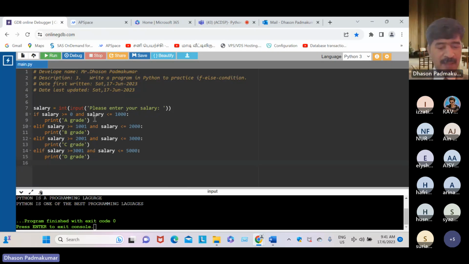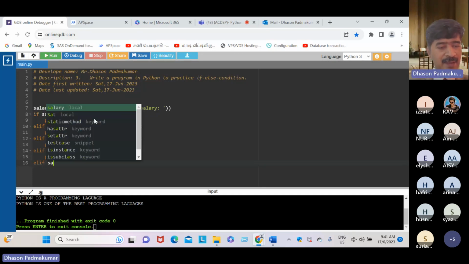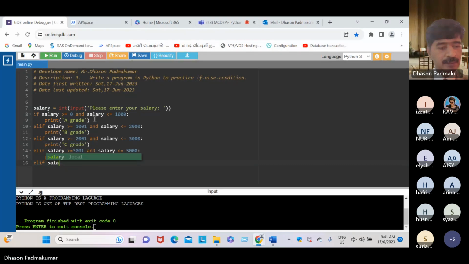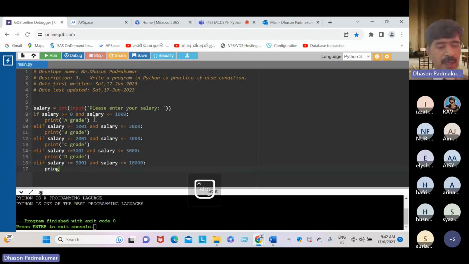And next is elif salary greater than or equal to 5,001 and salary less than or equal to, let's say, 10,000, and print, all lowercase, E grade.